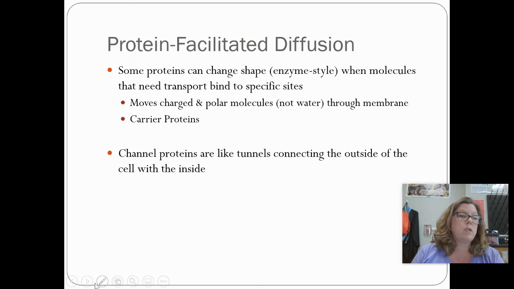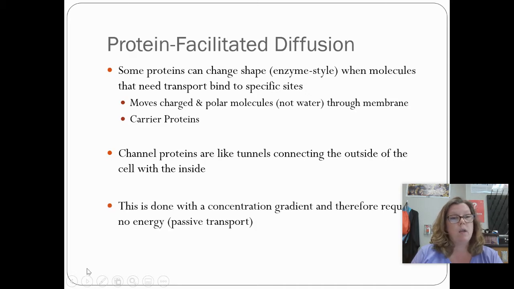And then you have proteins that are called channel proteins that are like little tunnels that connect the outside of the cell with the inside of the cell. And those are things I think I told you, some of them might be aquaporins that we thought were just plain channel proteins, but actually can move water around the cell. But channel proteins just pretty much let stuff go through. Now, that doesn't mean there's no binding. It's just that any binding to the channel doesn't cause a conformational change. So this is always with a concentration gradient. Okay, so glucose, for example, can get into a cell through